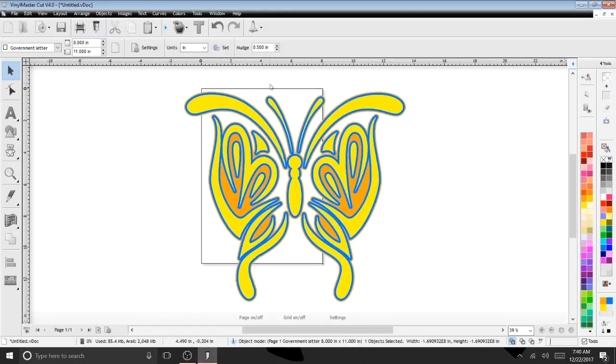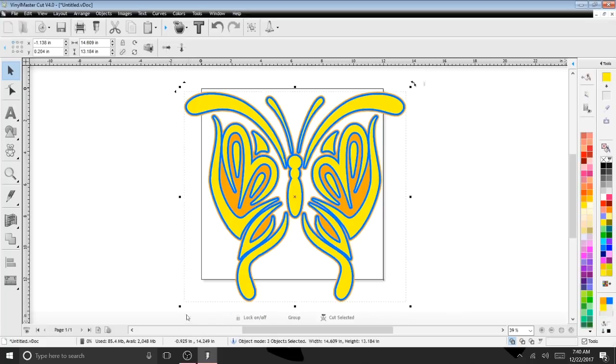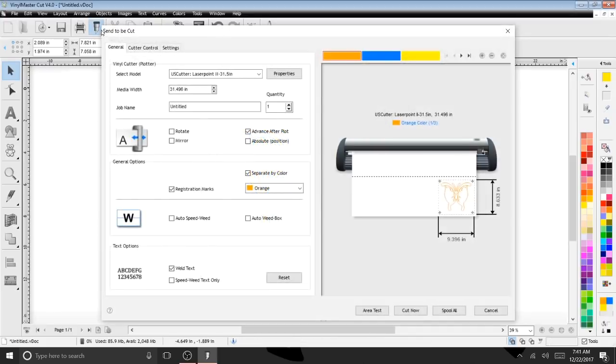Alright, before we start cutting, we're going to want to set our page background as well for the width of our vinyl. So you're going to come up here, see how it says 8 by 11 right now. We're going to click that to 12. We'll go 12 by 12. You just want to go whatever length you need, but you want to make that top one your width of your vinyl. And we'll size this down. Now we can go up to our cut, go to the yellow with our registration marks there. They're going to be a little bit bigger than the image, so you want to make sure you're not over your 12 inches. So now that we got that set,